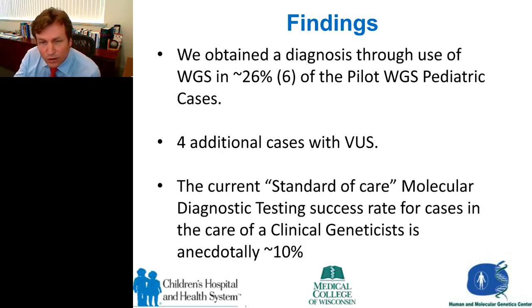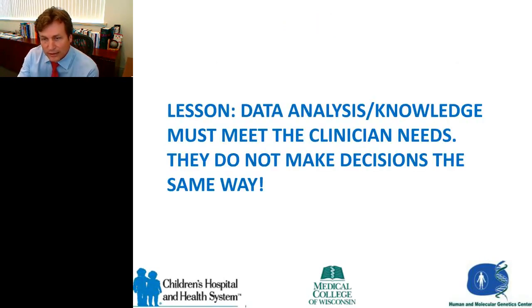so we could comfortably make that as a call. The current standard of care, for those of you that are not clinical geneticists or aren't in this space, is that for these undiagnosed diseases, anecdotally we solve them somewhere between 5 and 10% of the time. So increasing that to 27 to 30%, which is what other groups are talking about, is a big increase in terms of genetic diagnostics. Now, I'm going to argue that because these are rare variants, you simplify the search space by the fact that they're rare variants. And so I think that's going to be helpful. But the biggest problem we have is there's not enough data to help us reduce the number of variants of uncertain significance. And so I think that's a major area in the field, and I'll talk just a little bit more about that down the road.